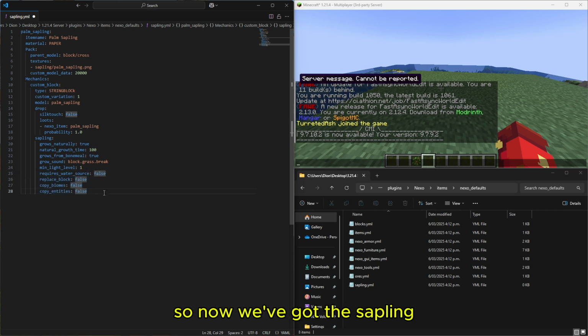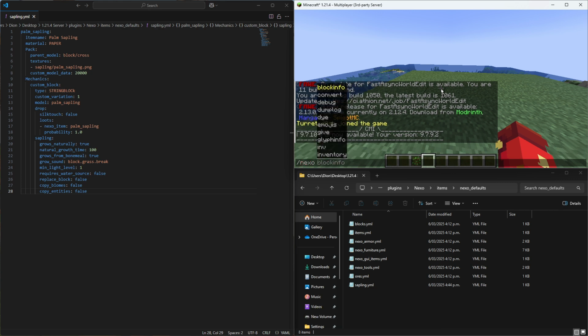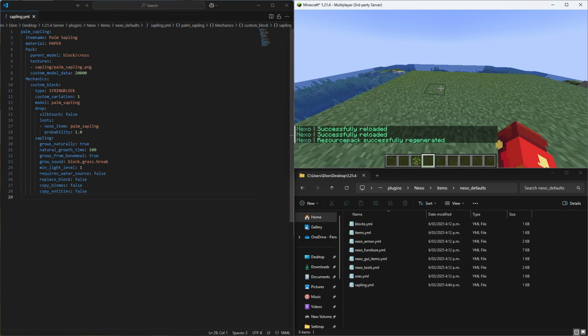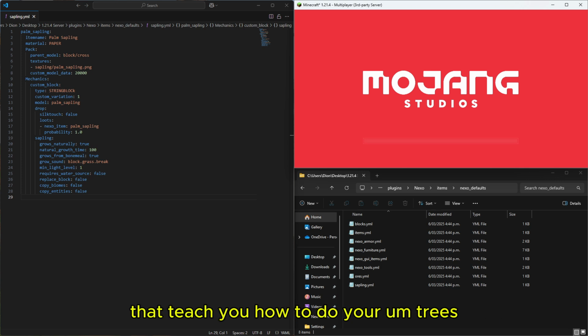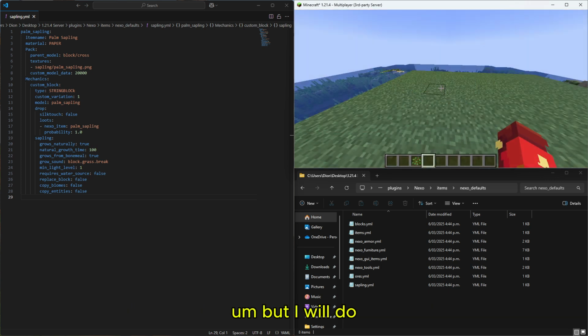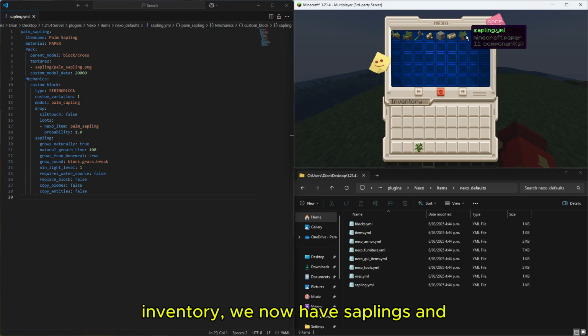So now we've got the sapling, so we pretty much want to save this. And if we go into Nexo, we can now reload the plugin. Reload all. In part 2, there's another piece of code in here that teaches you how to do your trees, but I'll see you guys in the next video. So if we go to Nexo inventory, we now have saplings,